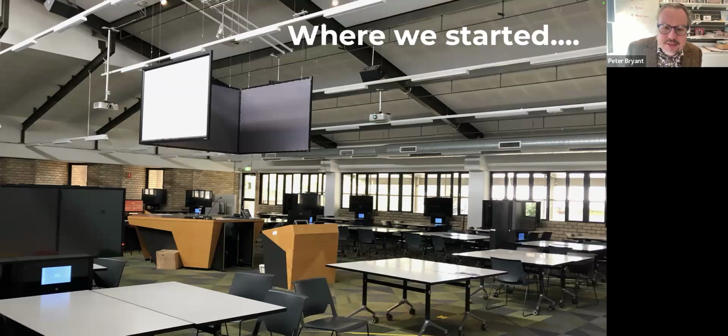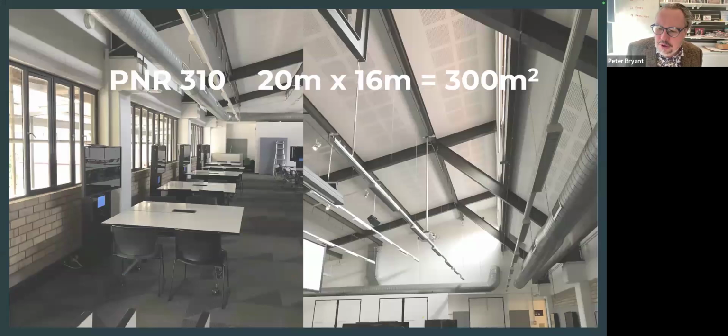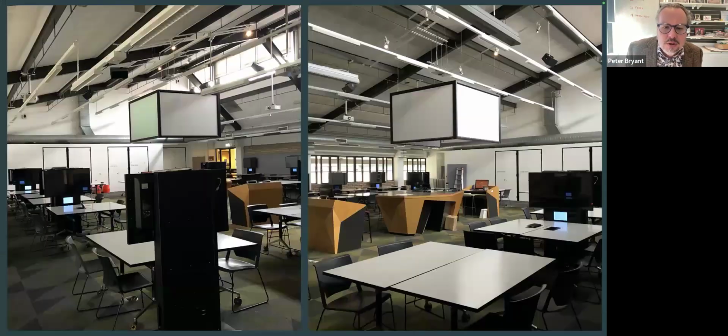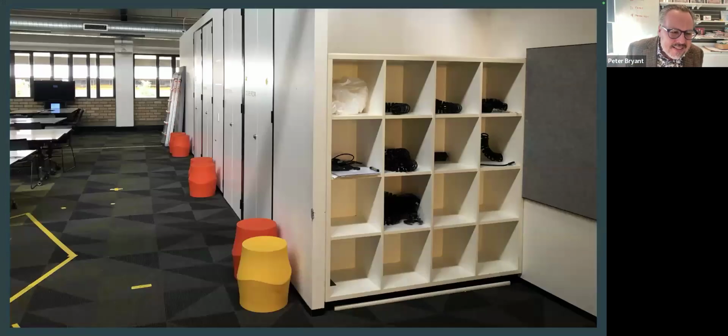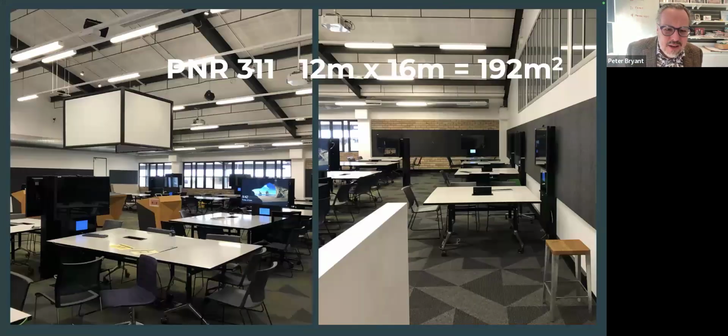So we were given this space. Just gives you an idea what it looked like. Very tall ceiling. It's 9 meters at the highest point. It's about 300 square meters on the first room. There was a second room connected to it, which had a stud wall. That second room did have four sides on its monitor for some reason. As you can see, it's just a bit nothing, really.